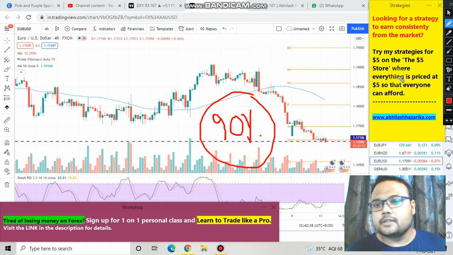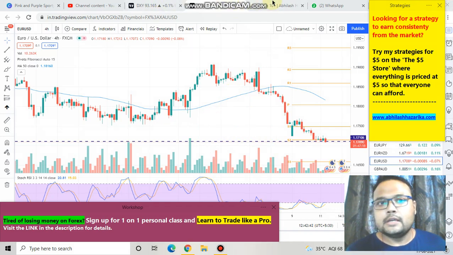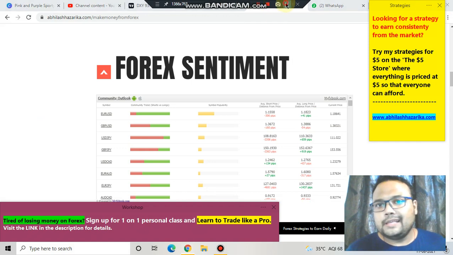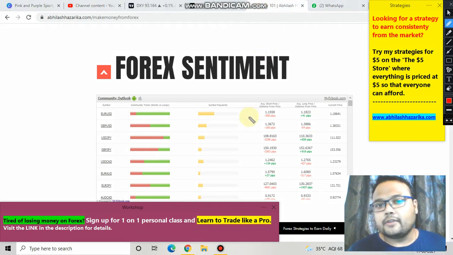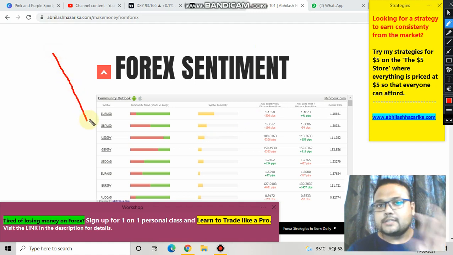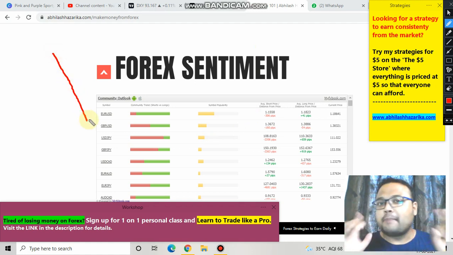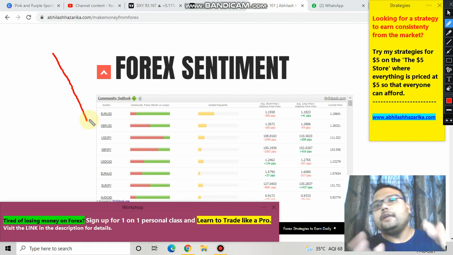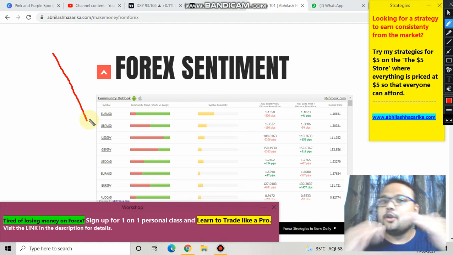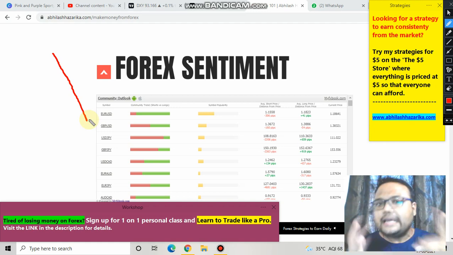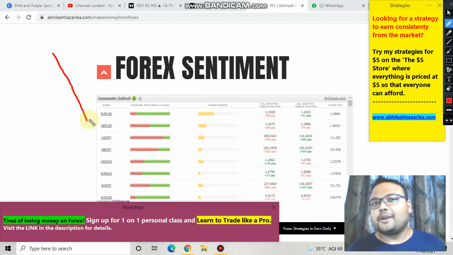90% of retail traders lose money, and the main reason is that they always stand against the trend of the market. As we can clearly see on the chart, euro is still falling. This is not the ideal position to click the buy button yet, but they have already taken buy positions, so they are in loss right now. So early entry is also very harmful and poisonous. So my dear friend, do not make the same mistake.